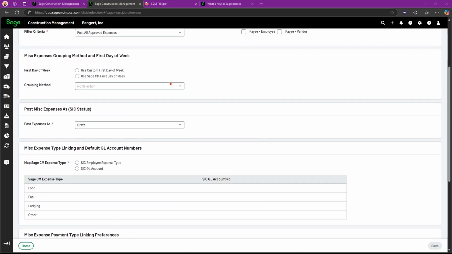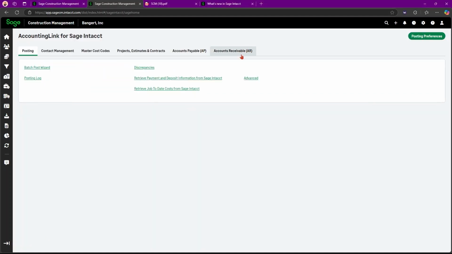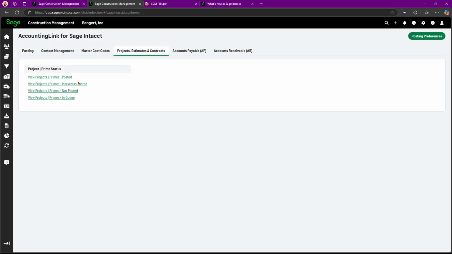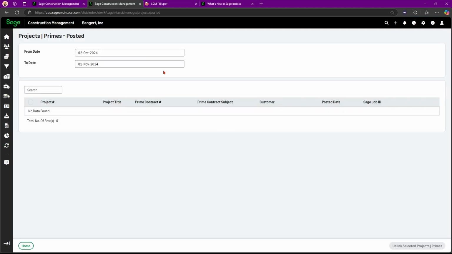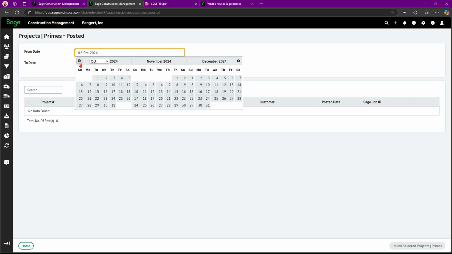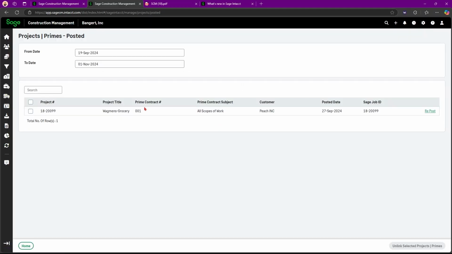So if you want to update a project, let's say the budget was wrong, you need to update that or update the estimate, you can go into your accounting link and then you're going to go to projects, estimates, and contracts. You're going to view the posted projects. And then if it's already over there, it will show you. And then you can select repost and it will allow you to repost what you need to.